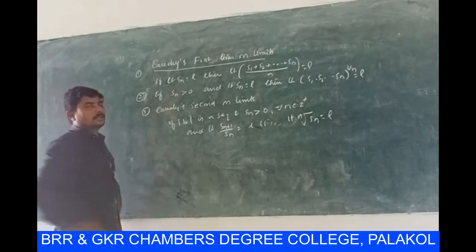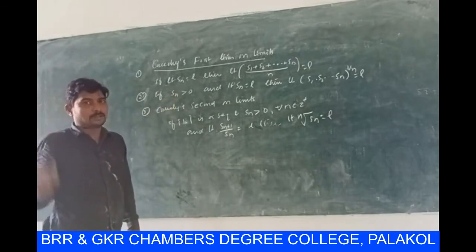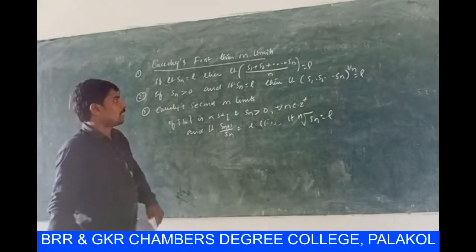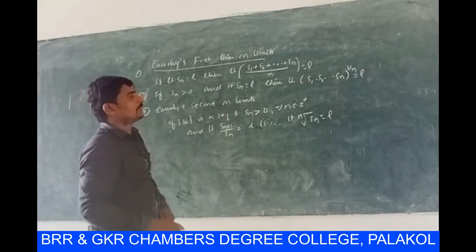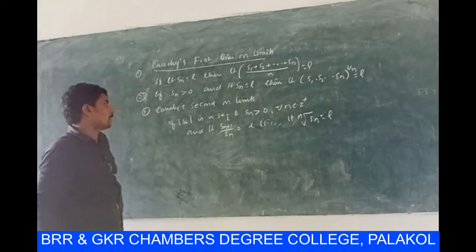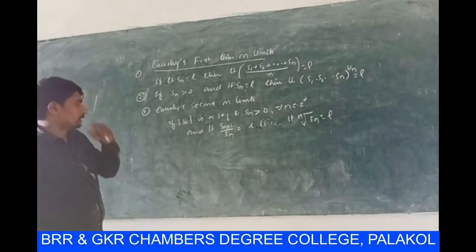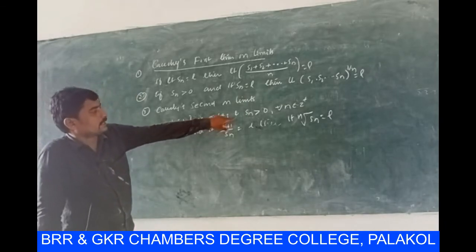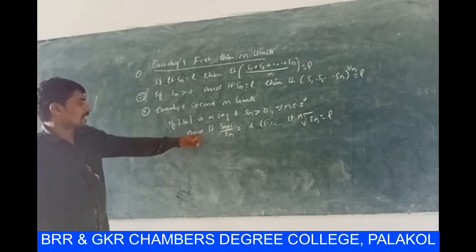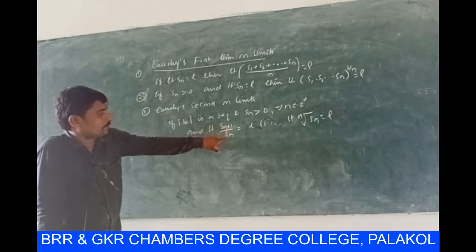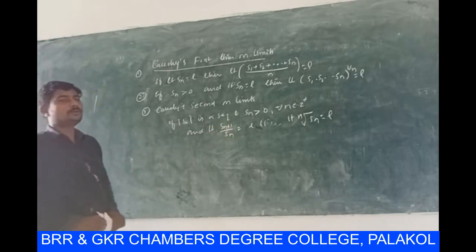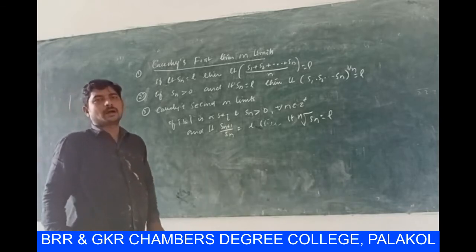See, Sn greater than 0 is nothing but a positive sequence. And limit Sn is equal to L, then limit (S1 into S2 into and so on Sn) whole power 1 by n is equal to L. Cauchy's second theorem on limits: if Sn is a sequence and Sn is greater than 0, meaning all the terms are positive for all n belongs to that set, and if limit Sn plus 1 by Sn is equal to L, then limit nth root of Sn is also equal to L. This is Cauchy's second theorem on limits.